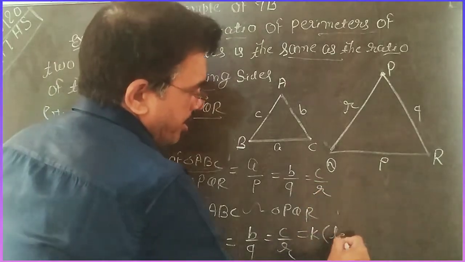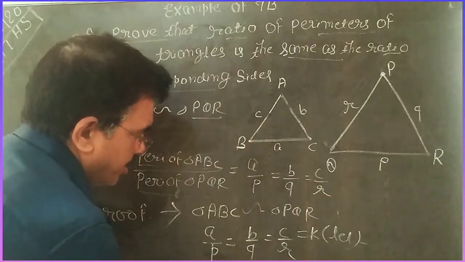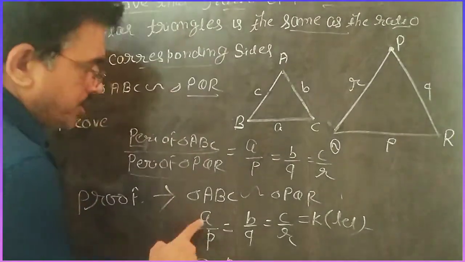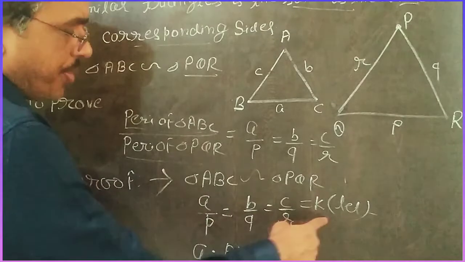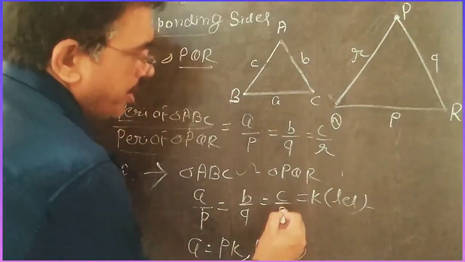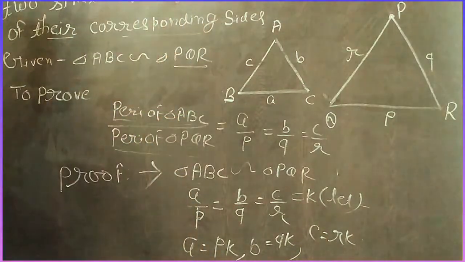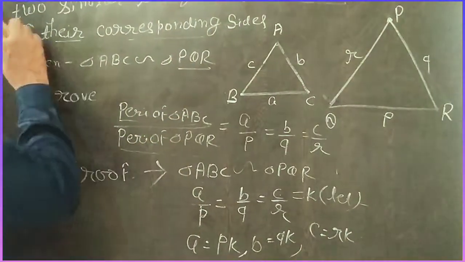Suppose here a by p is equal to k. Then a is equal to pk, because a by p is equal to k. Similarly, b is equal to qk, and c is equal to rk. Now, you write